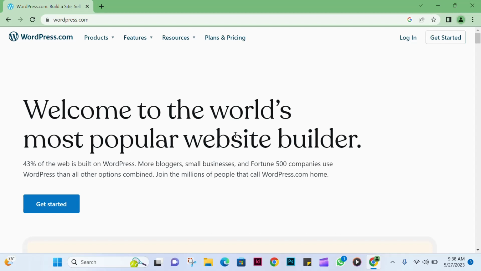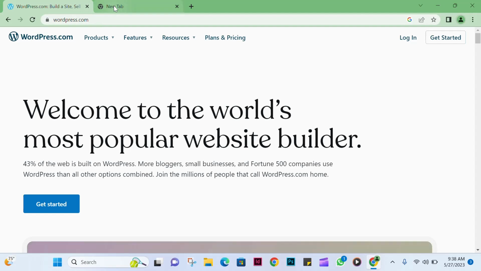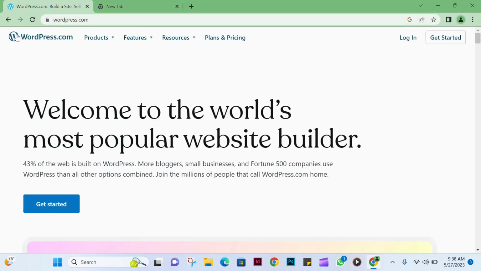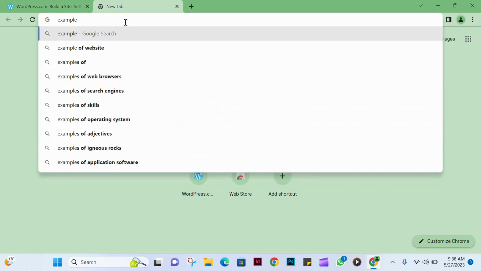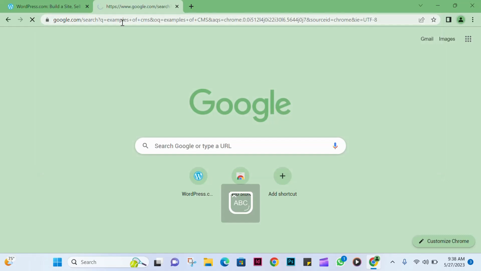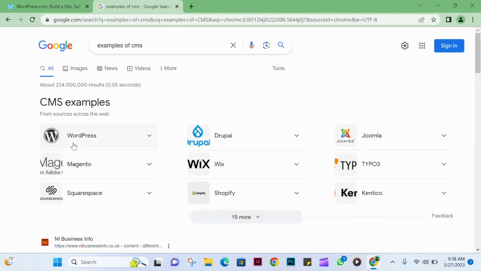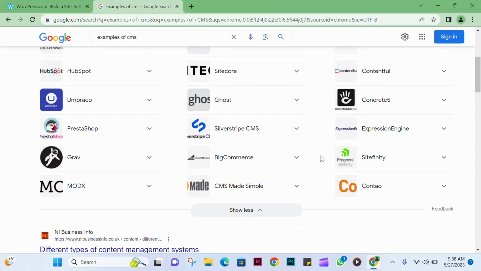So basically, let me give you an example of CMSs. I've started with WordPress, but when I go to Google and type examples of CMS platforms, you'll see that we have WordPress, Magento, Squarespace, Drupal, Wix, Shopify, Joomla, and very many more. I think you can see they are all here.